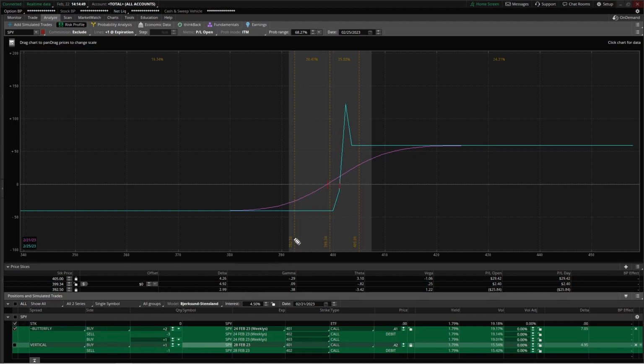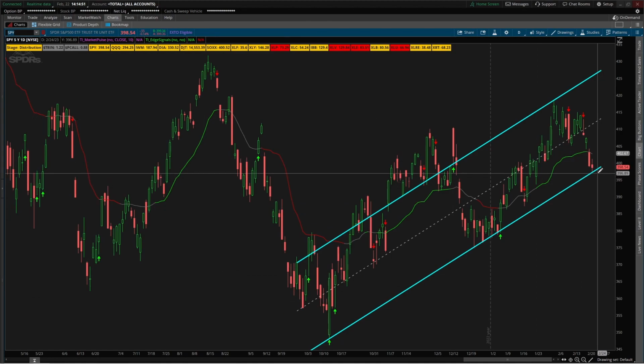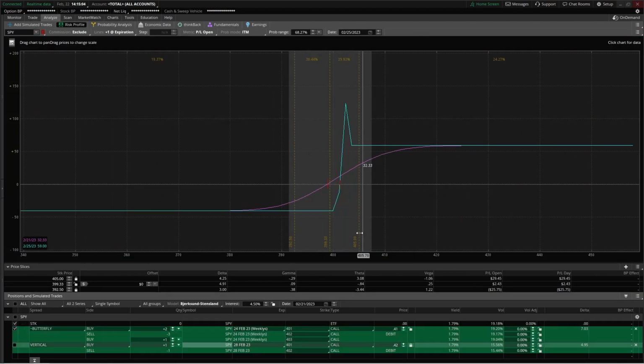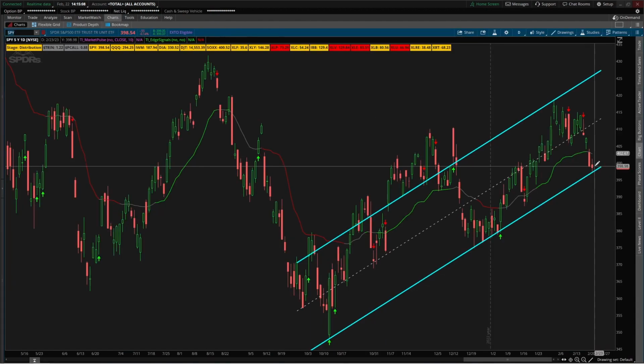Either case, you have two different ideas looking to play the overall reaction here from the bottom end of this channel, looking for at least a move towards this market pulse line. That's what we're looking for. Nothing too complex, nothing too greedy. And if we do get that move, either of these two positions should help with having a profitable position that goes beyond just basics like, say, buying the S&P 500.